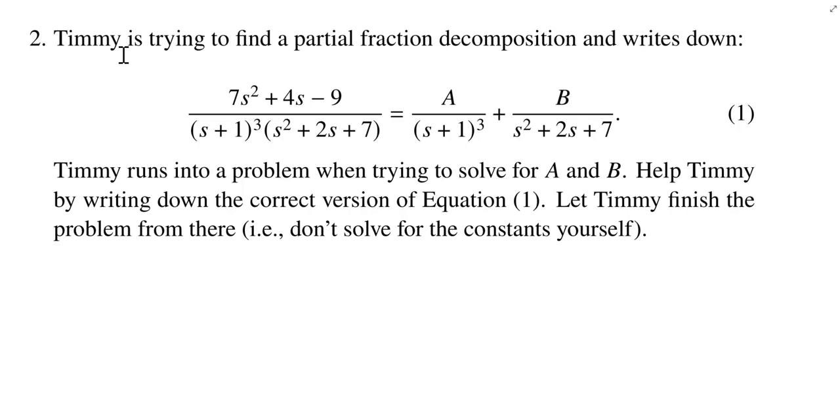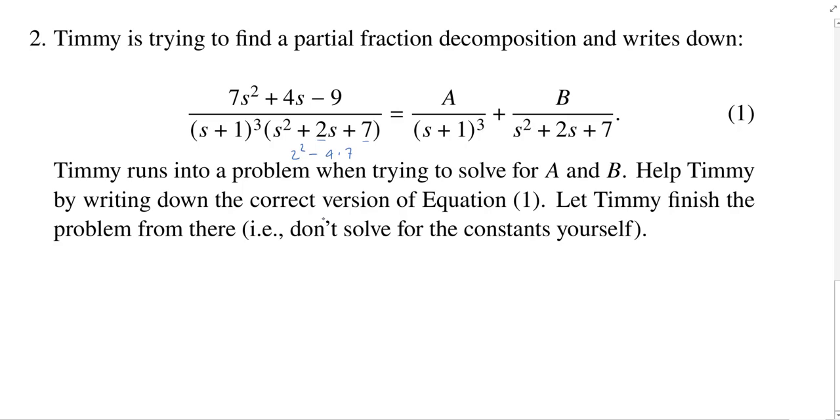It says Timmy is trying to find a partial fraction decomposition and writes down the following. So let's see. We have this quadratic in the numerator, and in the denominator, it looks like we have a cube of a linear term and then another quadratic. We might ask, can we factor this quadratic on the bottom? And the answer is going to be no, which we could see pretty quickly by just looking at these numbers 2 and 7. So if we compute 2 squared minus 4 times 7,